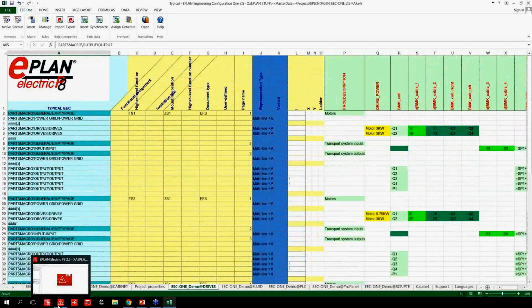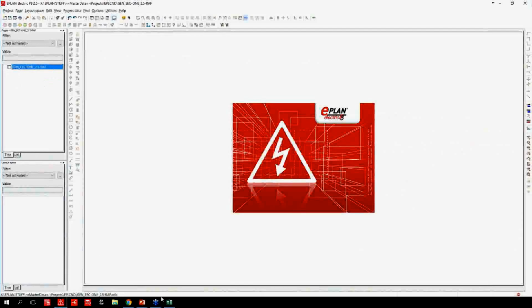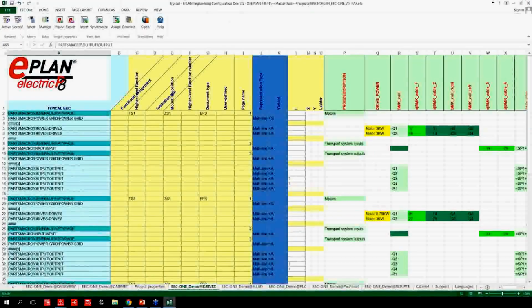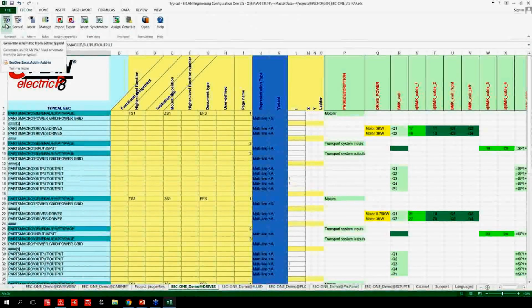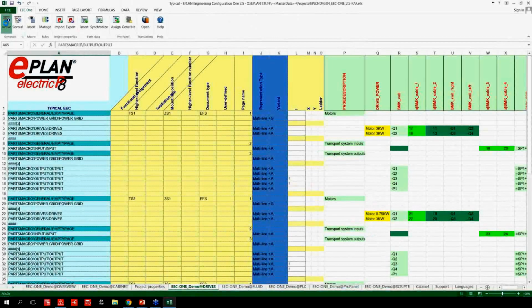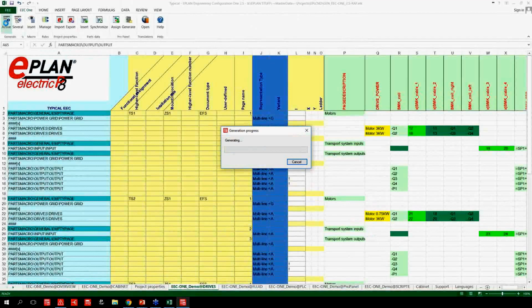As I mentioned earlier, inside the project panel, this is an empty project. It's sitting there dormant, and right now I'm looking at that project. So the EEC1 tool right now is looking at my 2.5 project, and I'm going to use my function here, active, to automatically generate the schematics from this sheet. So as soon as I select here, the system is going to go through, and it's going to go placing all those different macros with those page macros, those window macros, those drives, associating the input information for the particular